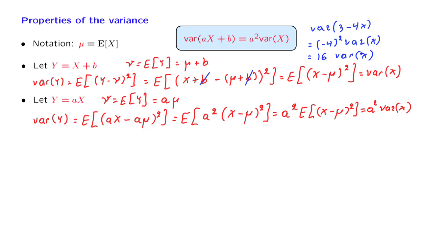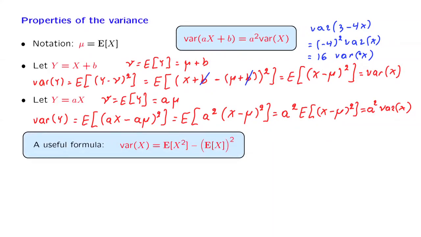Finally, let me mention an alternative way of computing variances, which is often a bit quicker. We have this useful formula here. We will see later a few examples of how it is used, but for now, let me just show why it is true. We have, by definition, that the variance of X is the expected value of X minus mu squared. Now, let us rewrite what is inside the expectation by just expanding this square, which is X squared minus 2 mu X